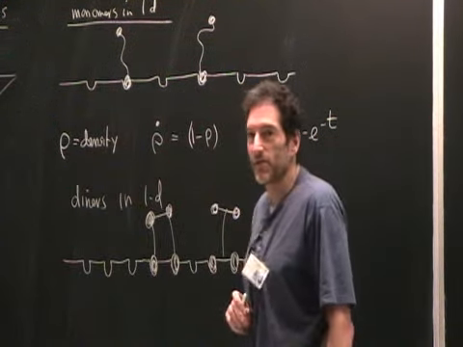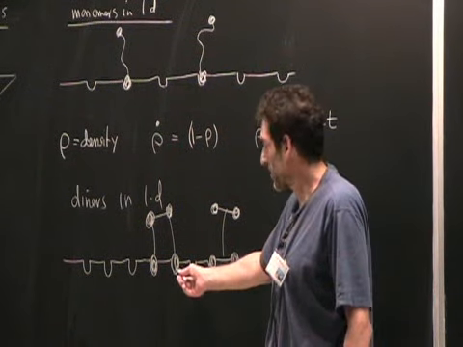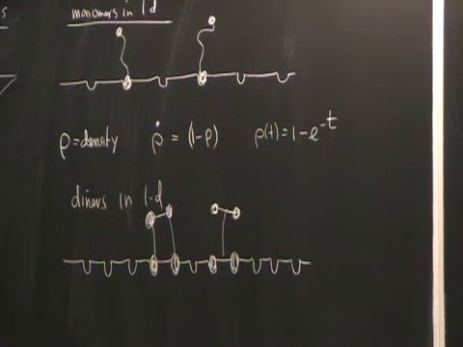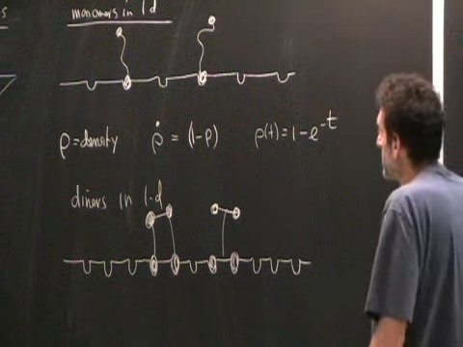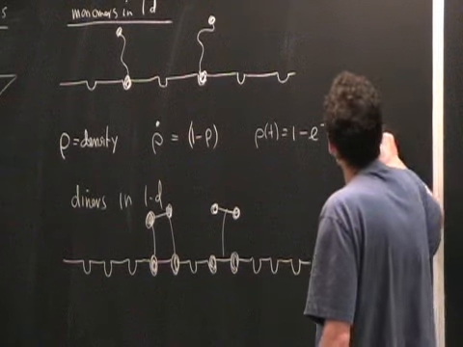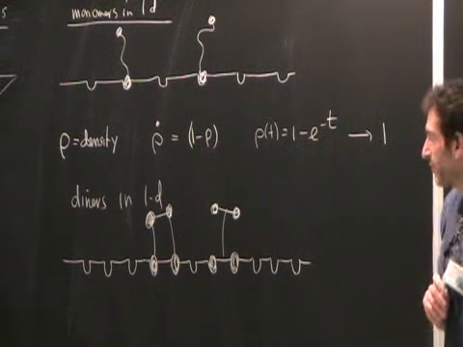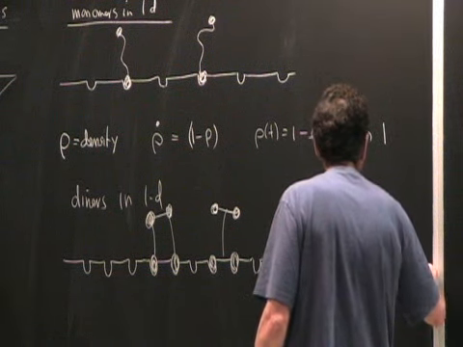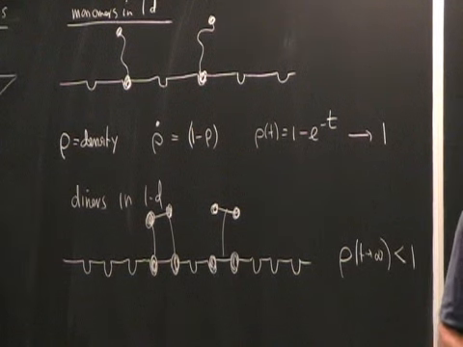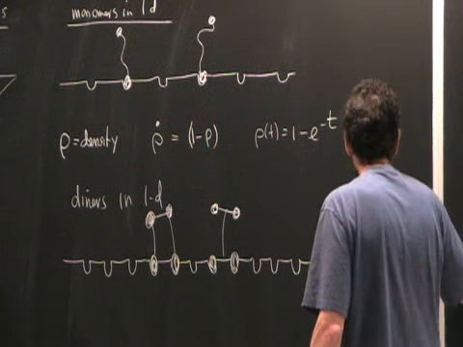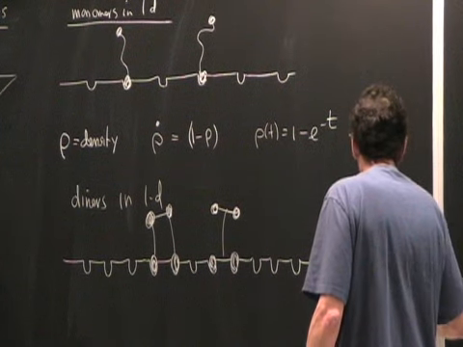And already you see at this level there's something interesting going on, because now there's a site in the middle, a single isolated site, that can never, no absorption can take place on it. And so in the case of dimer absorption in 1D, instead of ending up with the final density going to 1, the final density here, rho infinity, or rho t going to infinity, is clearly less than 1. And so the basic question to ask is, what is this final density? It turns out that I know what the number is, it's equal to 1 minus e to the minus 2, which is something like 0.864...